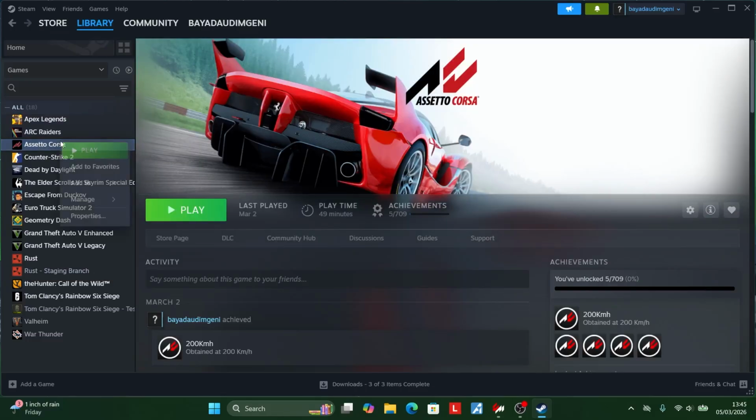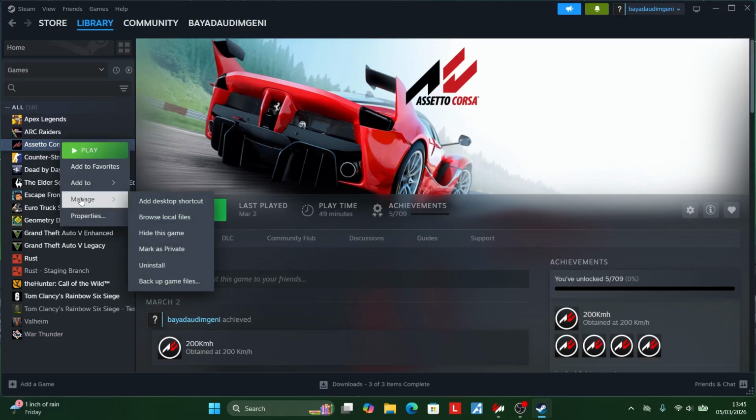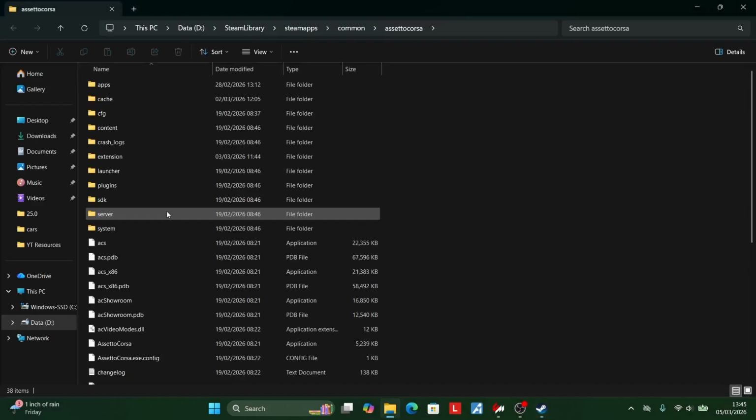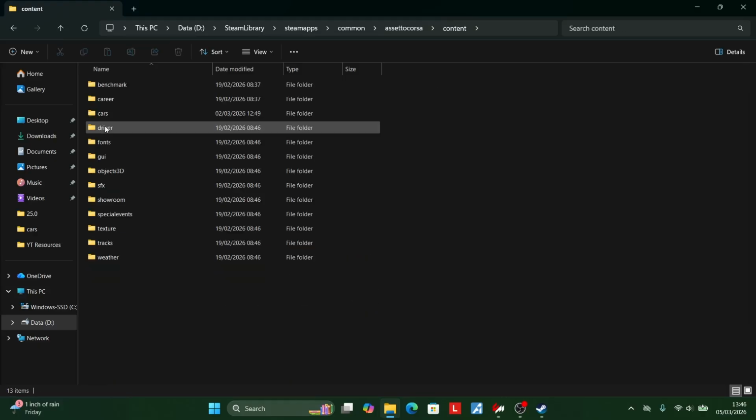So you'll have to go to the installation location for Assetto Corsa game. Now install location can be viewed through the Steam or any of their files. So select here browse local files. Now this will open the install location or root folder for Assetto Corsa. Once you open the folder for Assetto Corsa game on your PC, just go to content folder and then go